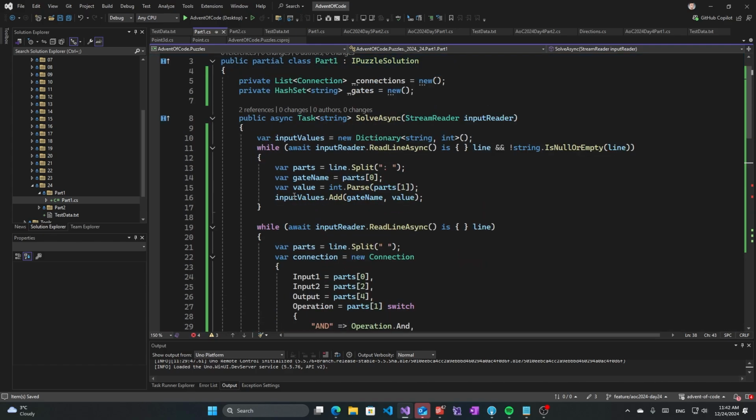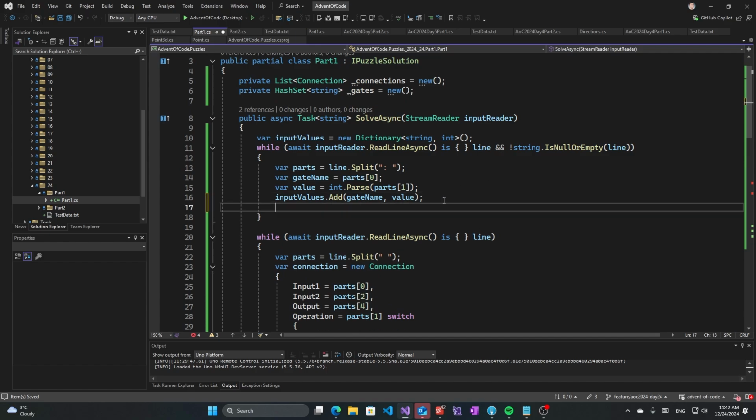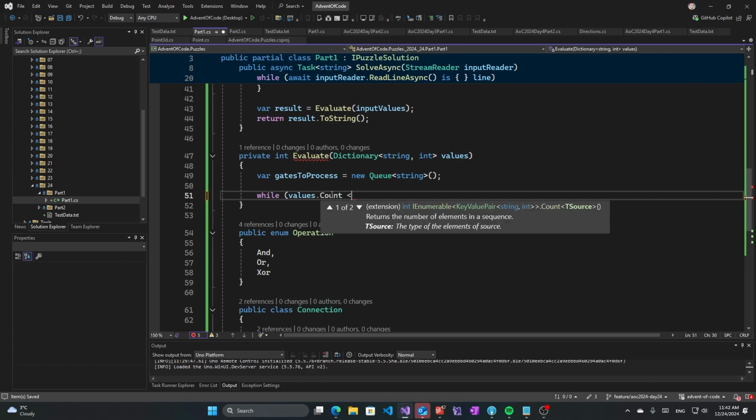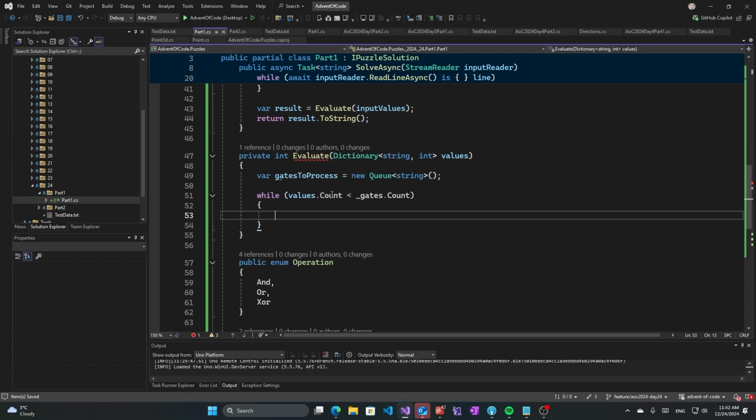We will also make sure to add all the gate names. And we will be checking while values count is less than gates count. So while we have some gates that are not processed, we will be